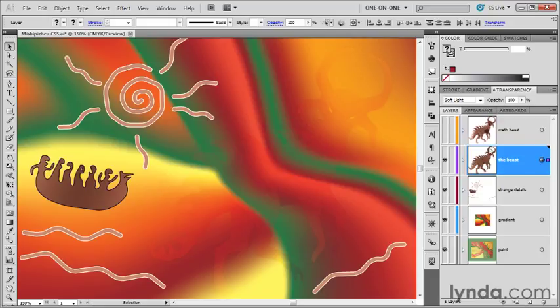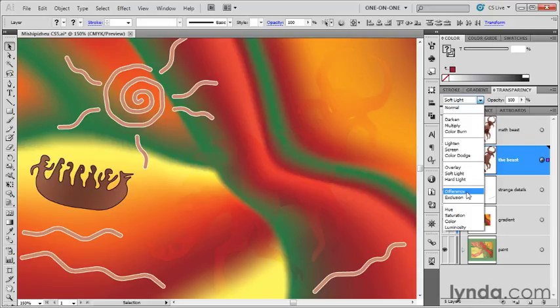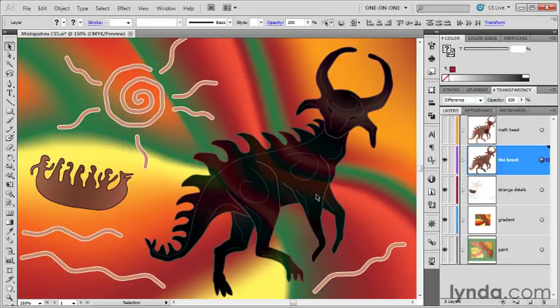And with the beast layer still selected as it is, I'm going to switch down to the difference mode, which uses the active object to invert the colors in the objects below. And in this case, we're using the colors inside the beast in order to invert the colors in the gradient mesh in the background. The brightest colors are going to invert the most. The darkest colors are going to invert the least. And this happens again on an ink by ink basis. So that's why the C, M, and Y inks are pretty much inverting, and we're getting these strange colors inside the strokes, whereas black is not getting modified at all. And then inside the beast, we're inverting like crazy, especially inside the black plate,